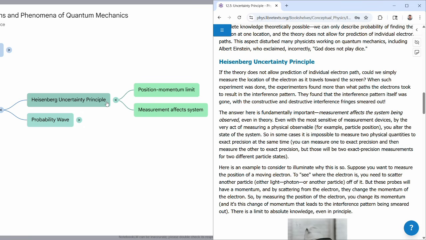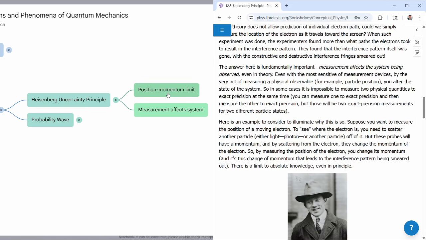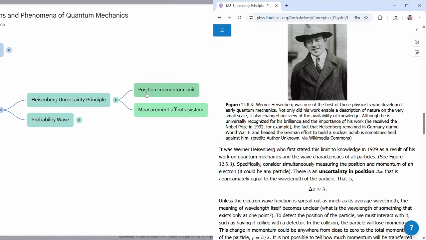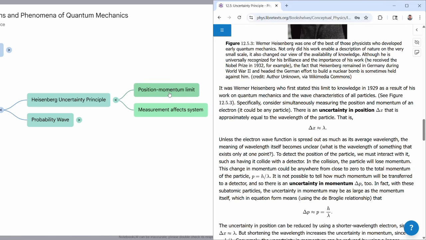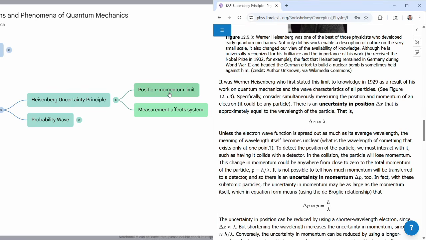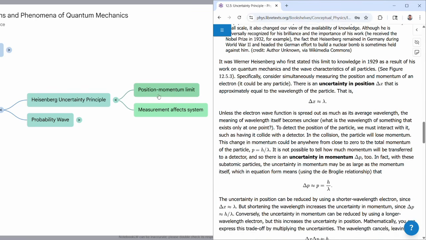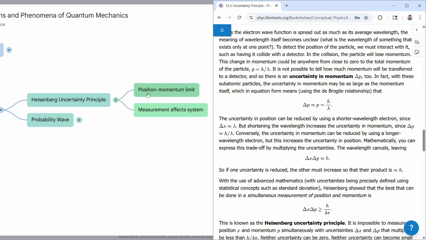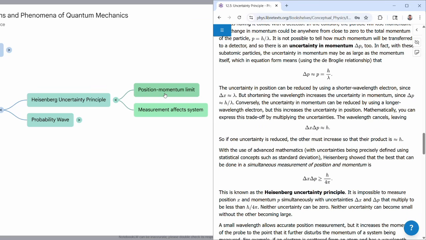For two observables that are related to each other, like position and momentum, there's a fundamental limit to the combined precision of position measurement and momentum measurement. That's expressed in the textbook as uncertainty in position multiplied by uncertainty in momentum is greater than or equal to, I guess more precisely, h bar over 2. Sometimes we would say approximately greater than or equal to h as an order of magnitude thing.